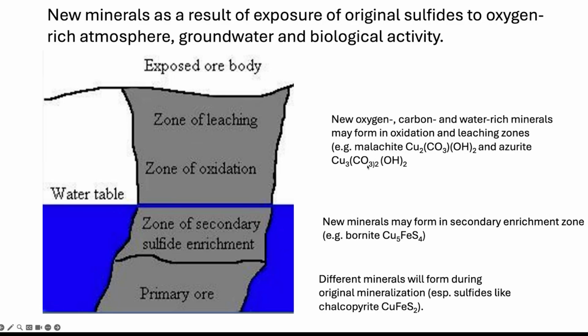These are collector's items. People love their malachite and azurite. And then also there's this zone of secondary sulfide enrichment. So when a company is coming in to mine something, they're very well aware of this profile. When we're dealing with sulfide ores, you're not going to see the sulfides at the surface, unless it's a very recent exposure. You have to be aware that you're going to be seeing something else above the primary body. But these are all different minerals.